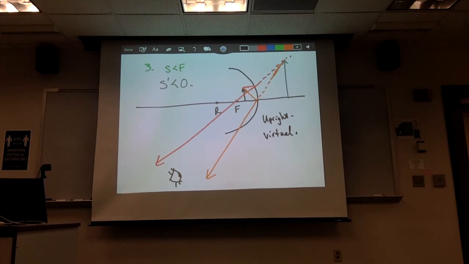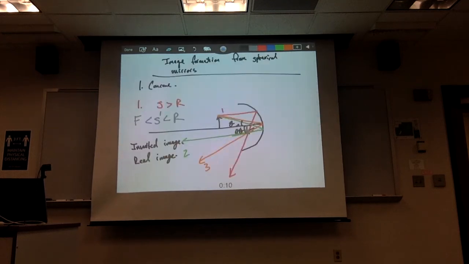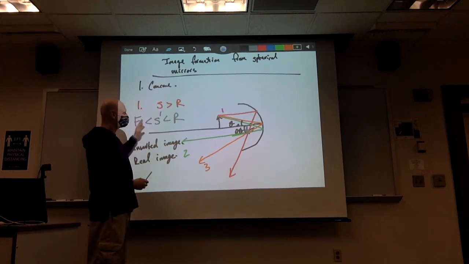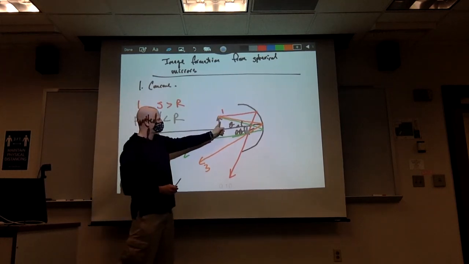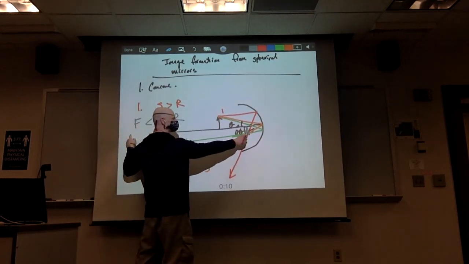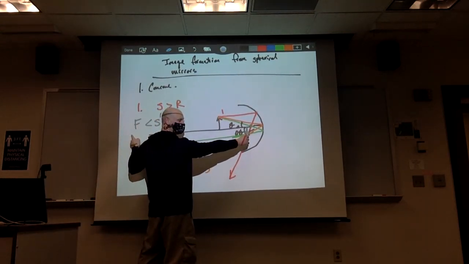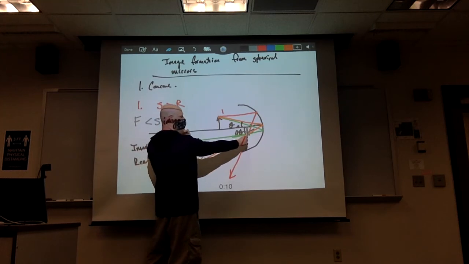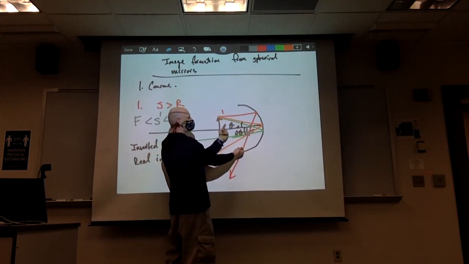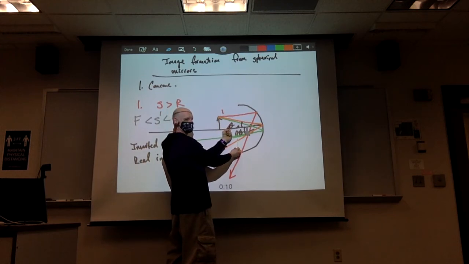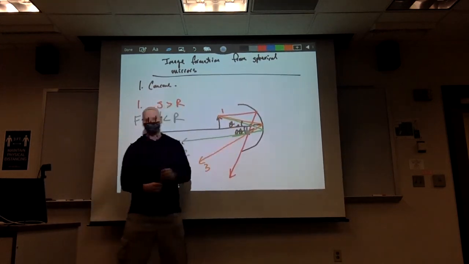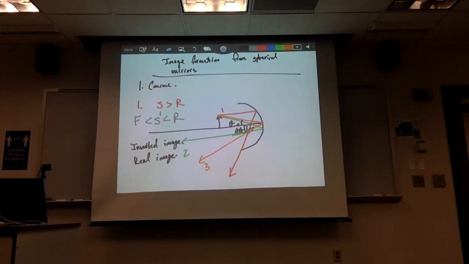Make a few more notes. What's going to happen here is the further that this object is away from the radius of curvature, the closer this image is going to be formed to the focal point. But then as I start moving in towards the radius of curvature, this image here will start to be pushed also towards the radius of curvature. Okay. Until eventually this thing then passes through here. And as it passes through,